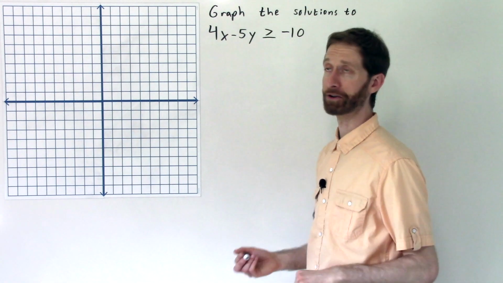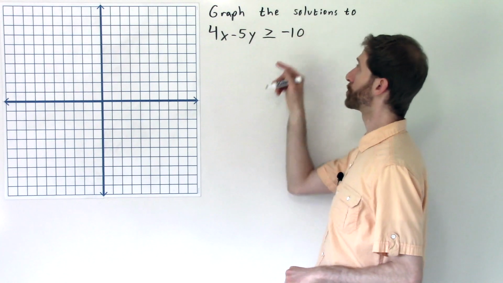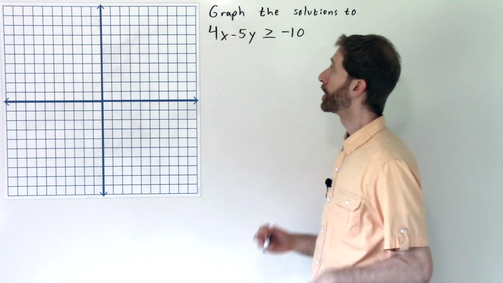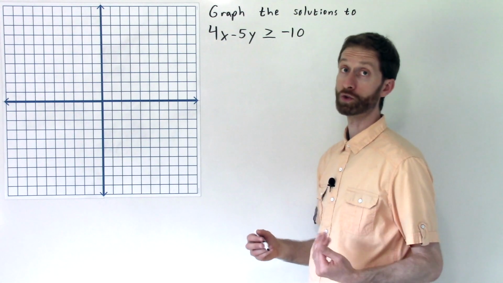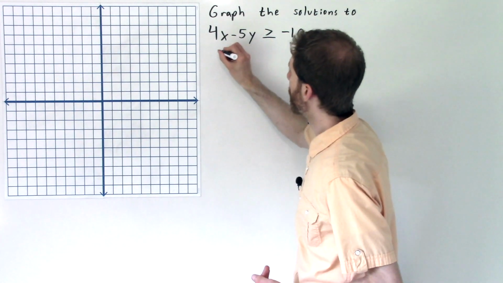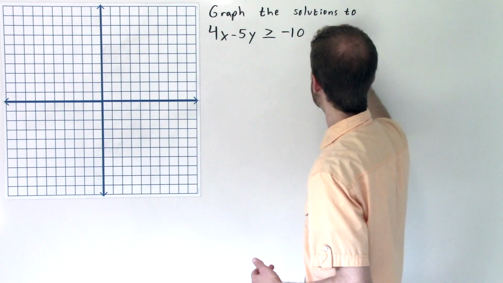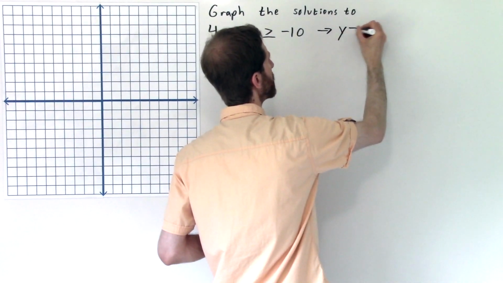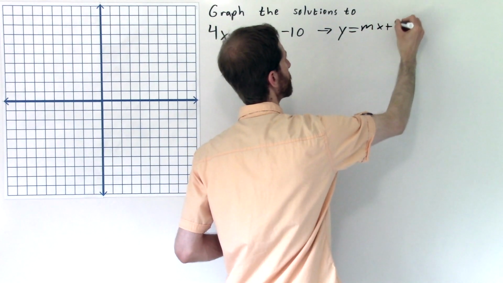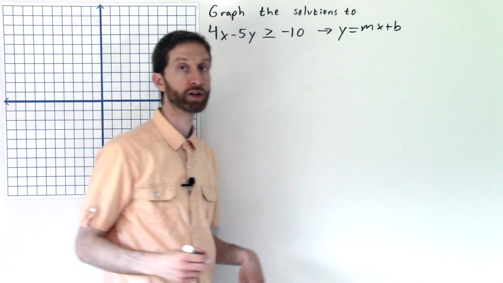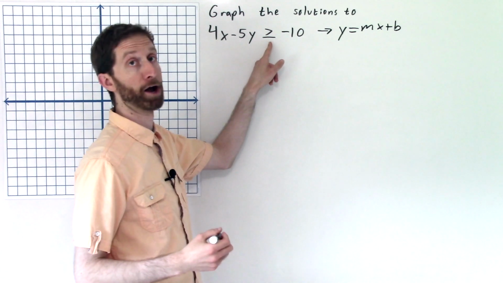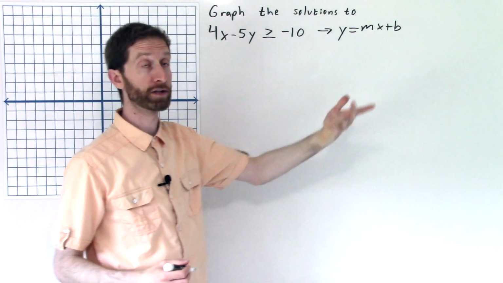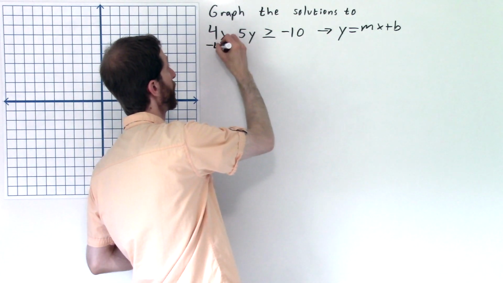Let's dive in together. So it says graph the solutions to 4x minus 5y is greater than or equal to negative 10. So as promised, I'm going to change this into slope-intercept form. So in my brain, I'm thinking I need y to equal mx plus b. Obviously it won't have an equal sign because we got a greater than or equal to hanging out right there. So I'm going to subtract 4x from both sides to get the x term over to that right side. So I subtract 4x,